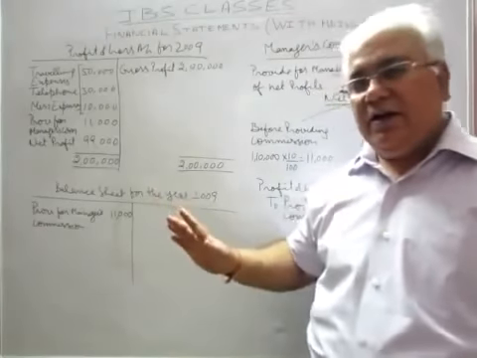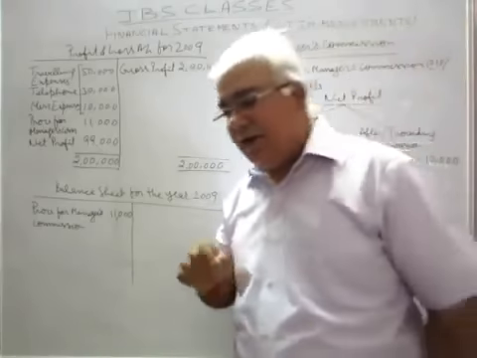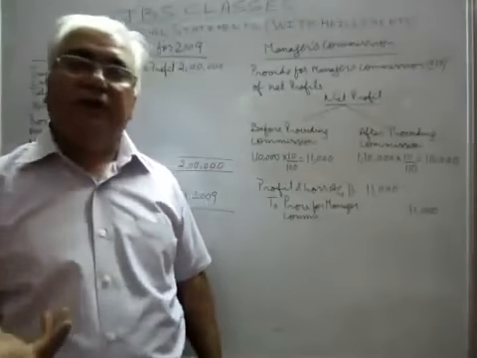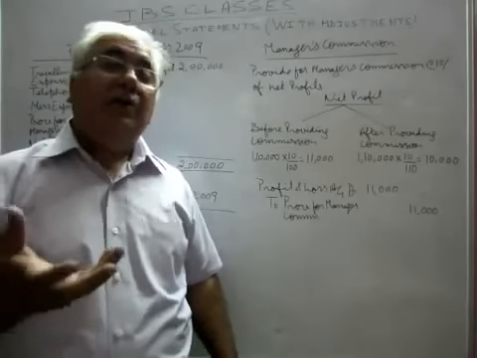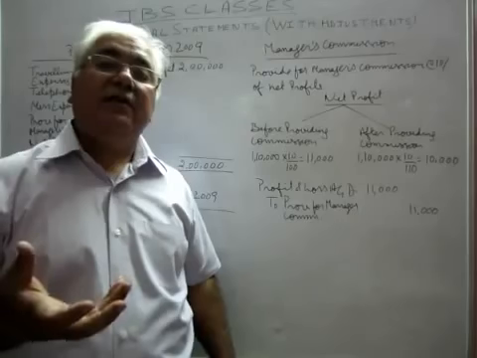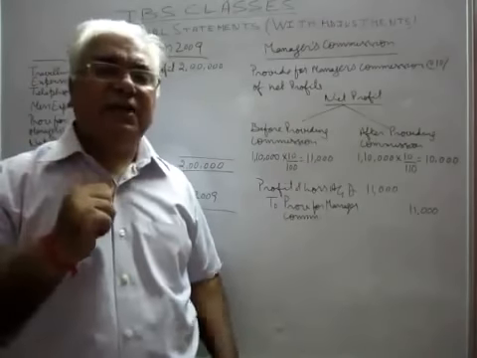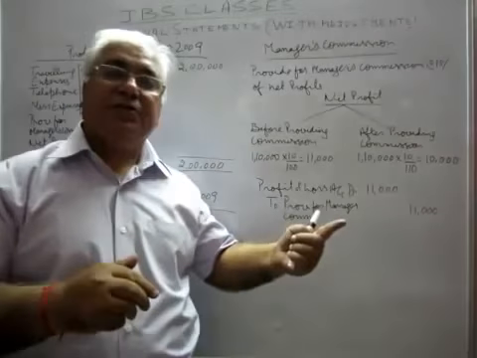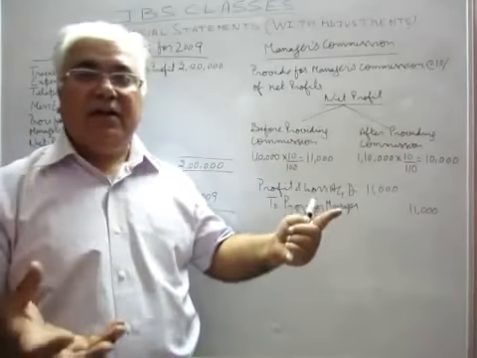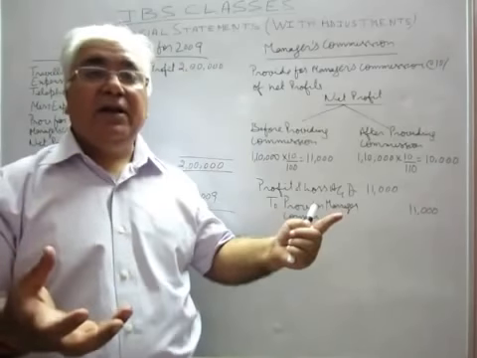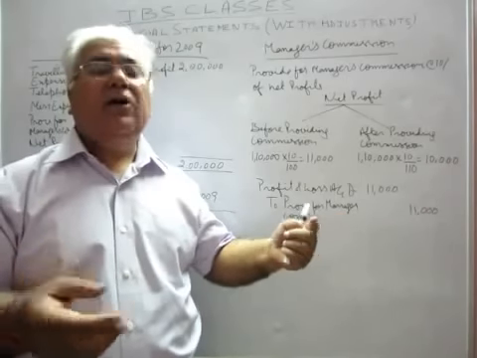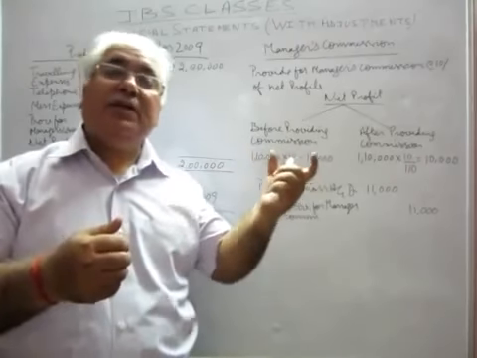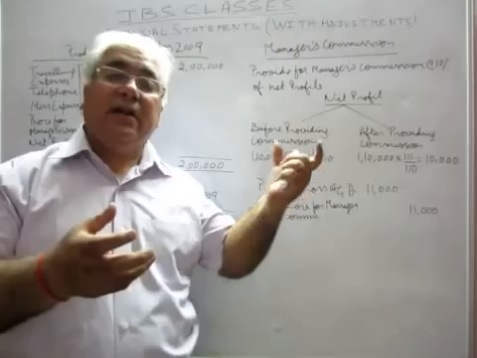I hope it is quite clear. Now we will deal with the other aspect, that is if they say that you have to provide for manager's commission on net profits which are left after making provision for manager's commission. This simply means that after providing for manager's commission, the commission given to the manager should be 10% of the profits which are left after